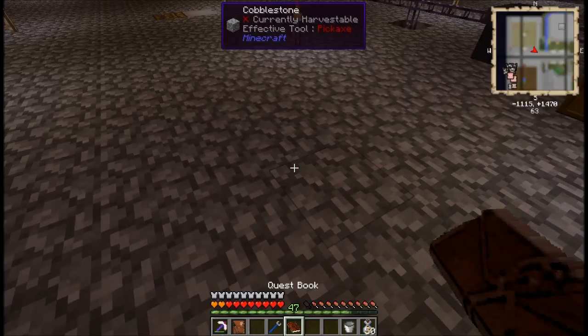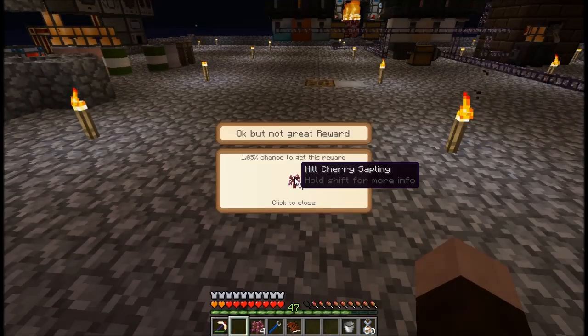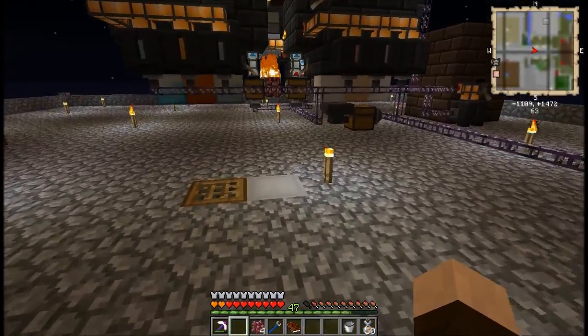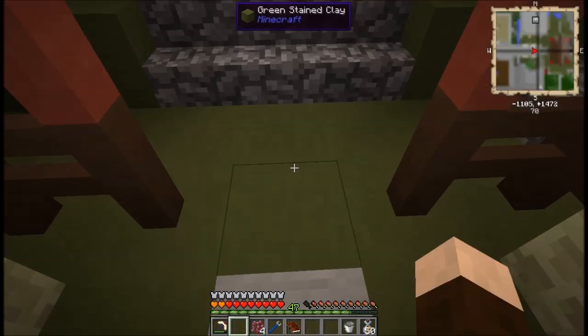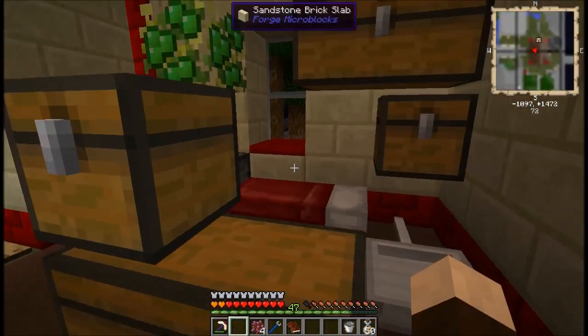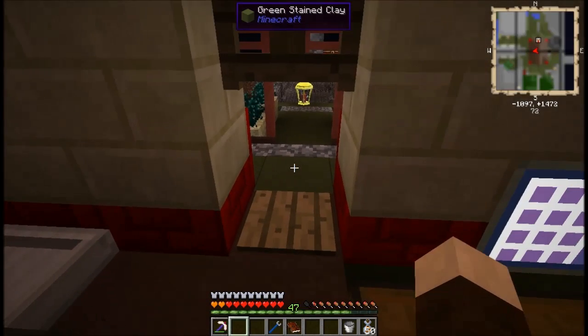Alright, so let's see what I got as a quest reward from that. It is a good reward bag. Okay, some hill cherry saplings. Let me up. There we go. I'll put you in here. So,